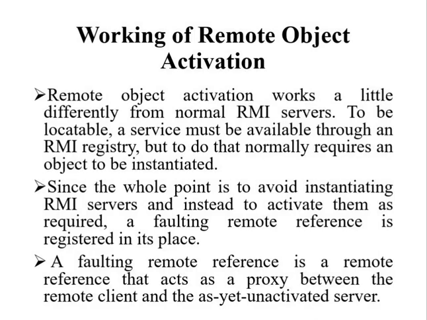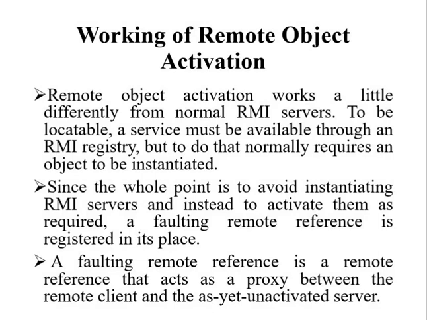Remote object activation differs from standard RMI servers in a few ways. A service must be accessible through an RMI registry in order to be found, but this usually necessitates the creation of an object. Since the goal is to avoid instantiating RMI servers and instead activate them as needed, a faulting remote reference is registered in its place. A faulting remote reference is one that operates as a proxy between the remote client and the server that has